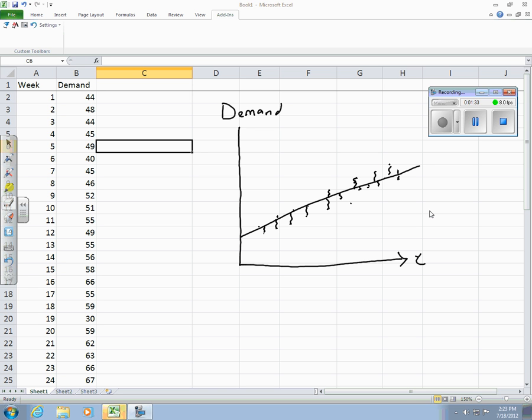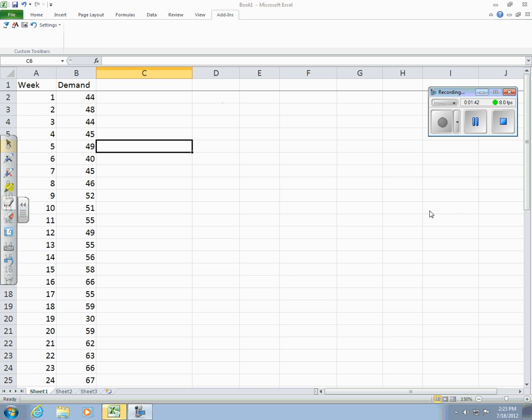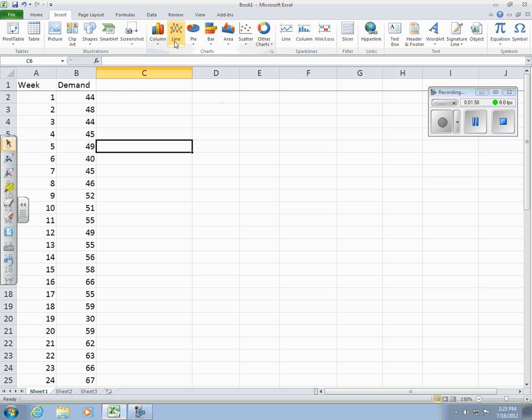Well, the first thing we want to do before we use linear regression is see if a line actually is appropriate to describe the relationship that exists. So we have a relationship here between time and demand, and we want to check and see, does that relationship actually look linear, or is it curvilinear? So what I'm going to do is I'm just going to insert a little scatter plot chart, and we're going to look at that data across time. Okay, so